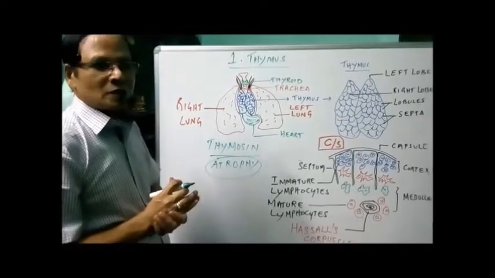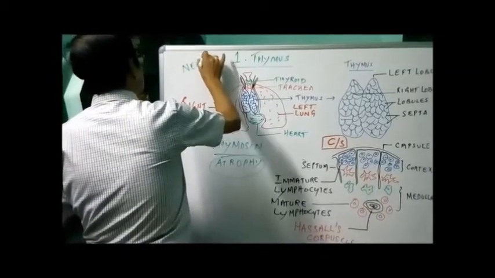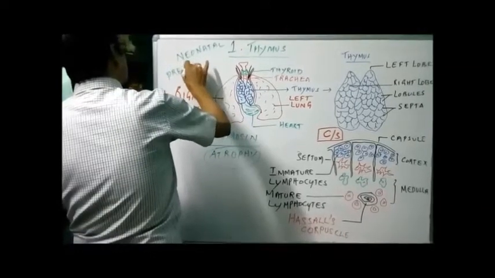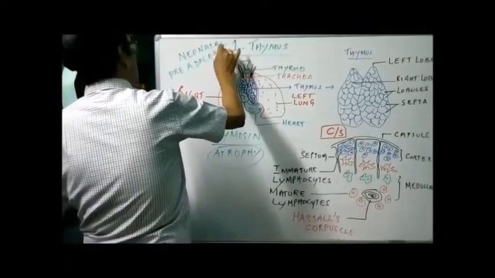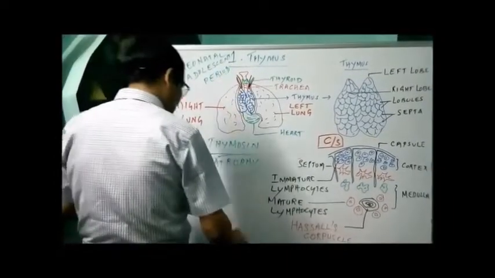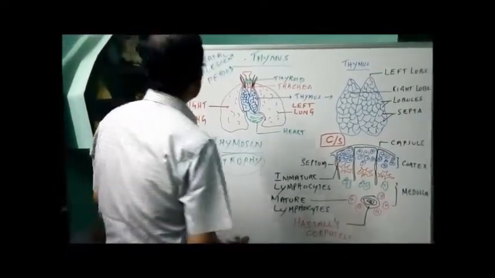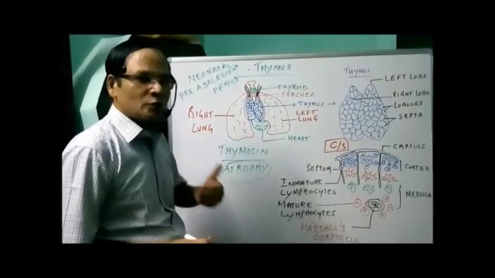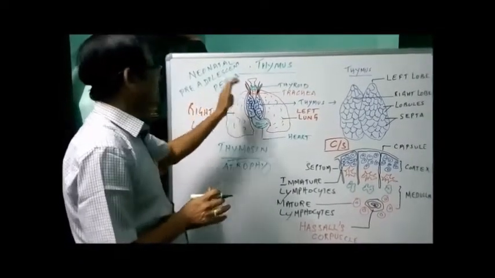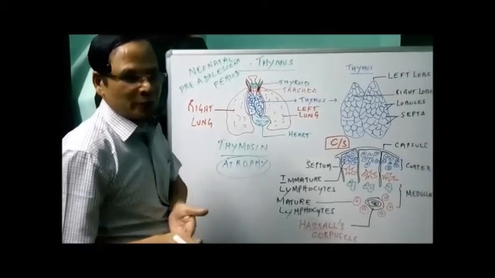So it is functional, very effective in the neonatal period and pre-adolescent period. So it is functional only in the newborn babies. Neonatal means newborn babies, and also in the pre-adolescent period, that is before the 12th year, because it is vigorous before the 12th year. That is called the pre-adolescent period, and it becomes atrophic during what is called the adolescent period after the 12th